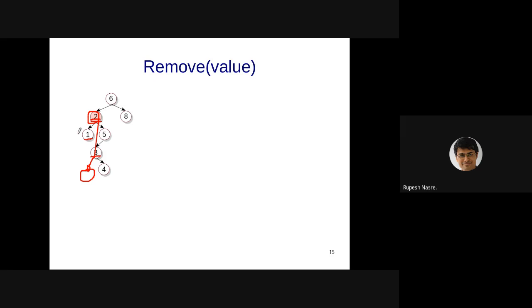So can 1 have a right child? Can 1 have a child here? It cannot, because its value has to be between 1 and 2. But then we said that 1 is the largest child in the left subtree. And therefore, a two-children removal cannot result, using this strategy, in another removal of a node having two children. Okay. Any other concerns, questions? Okay, thanks, Murari. Any other concerns, questions?